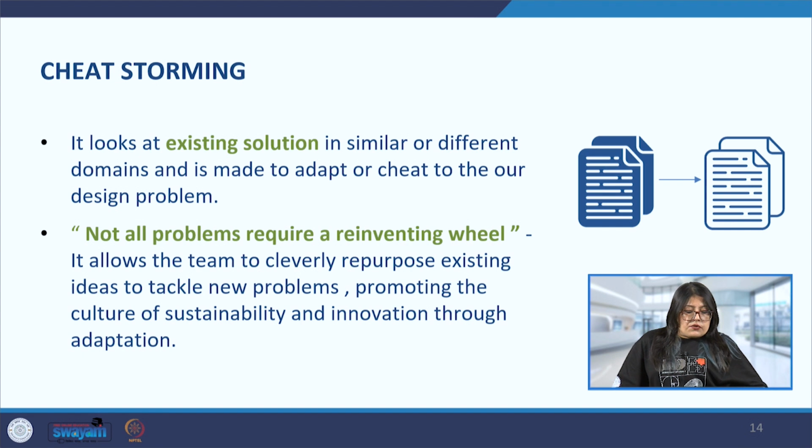Also cross industry inspiration, because we are borrowing ideas from other industries. We may not have come up with those particular solutions like the voice activated Alexa, but we are collaborating or borrowing from the industry, so it gives rise to cross industry partnership. And then quick idea generation, because here we are using the cheat method, taking the existing ideas, so this is a quick method of coming up with solutions.